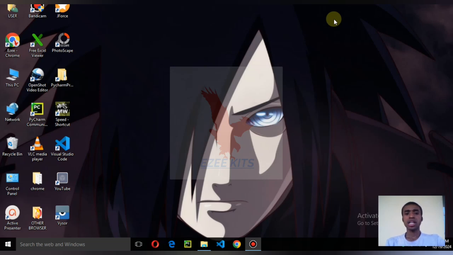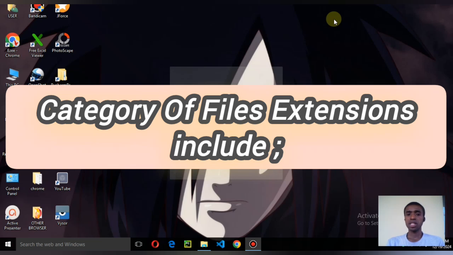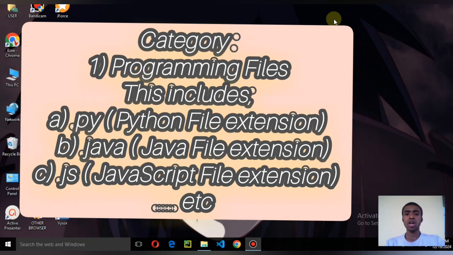And then file extensions are categorized into many sections. The first one we're going to look at is programming files, which some of us might have encountered or heard about. .py is the file extension for Python files. When you're writing a Python script, don't forget to end your file name with .py.